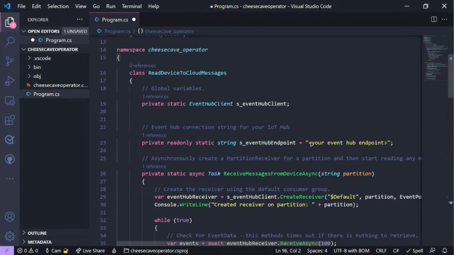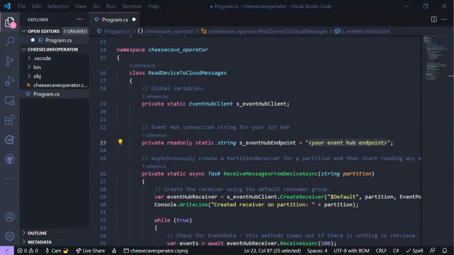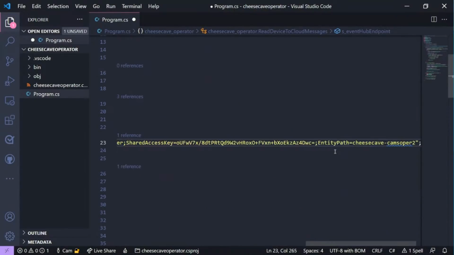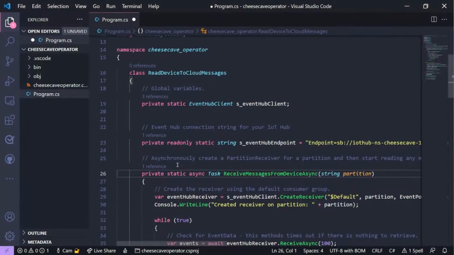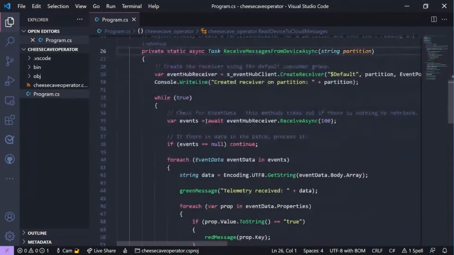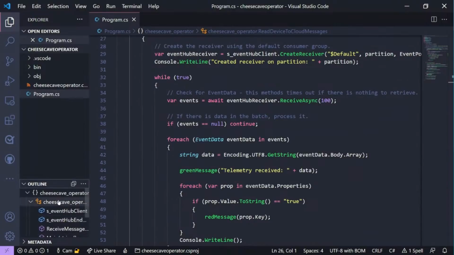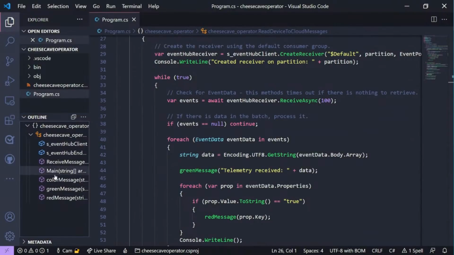Just like before, though, there's a placeholder. So what it wants here is our Event Hub endpoint. So I'm going to grab that from my text file. And what does this code do? Well, if we jump down, I should have my outline now. I do, yay. All right, so if we jump down to main,